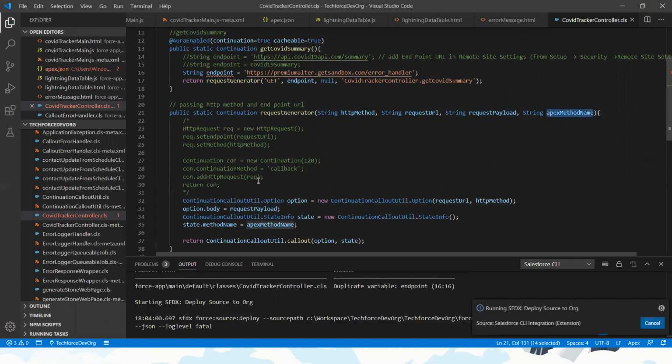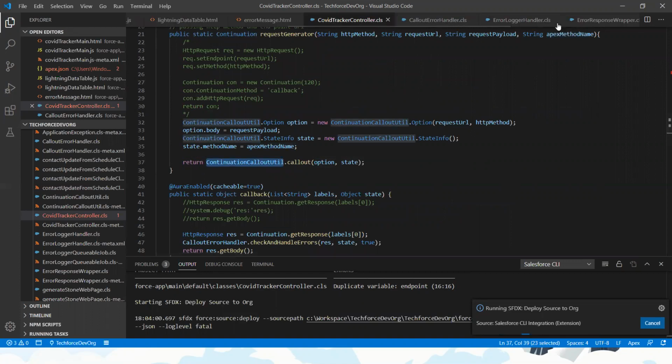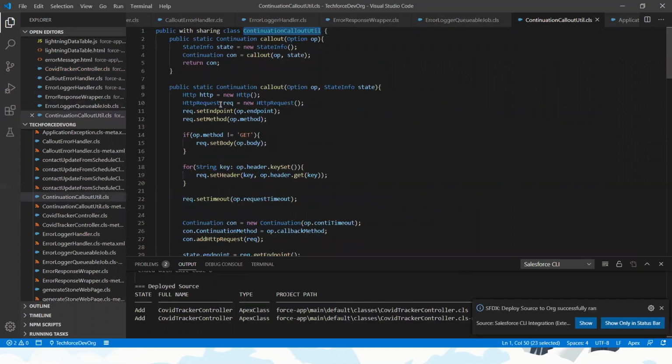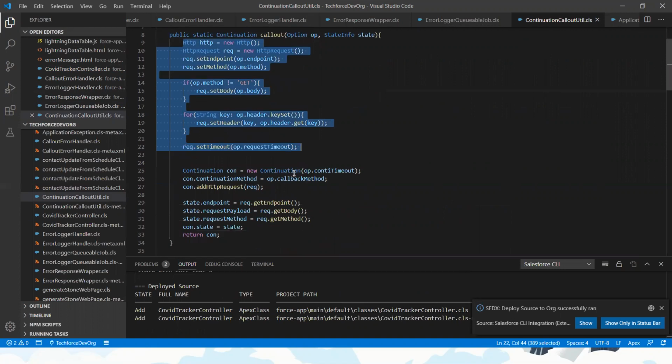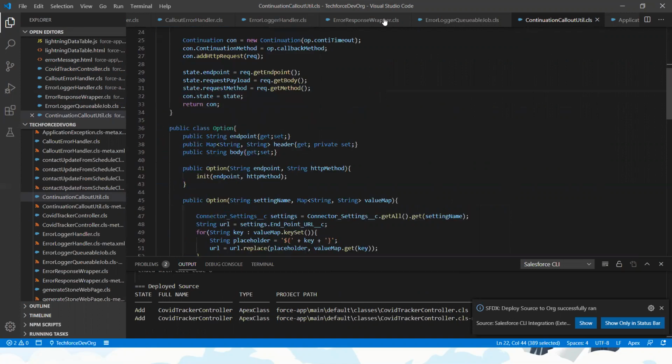Then let me show you the connection utility class. Yeah, I opened it here. Here we are forming all the HTTP related details, passing the continuation method, and then finally getting the response.